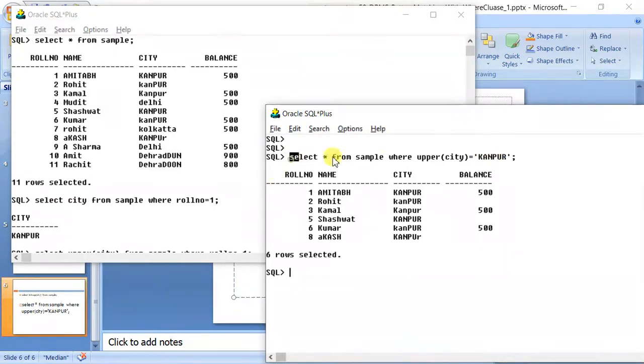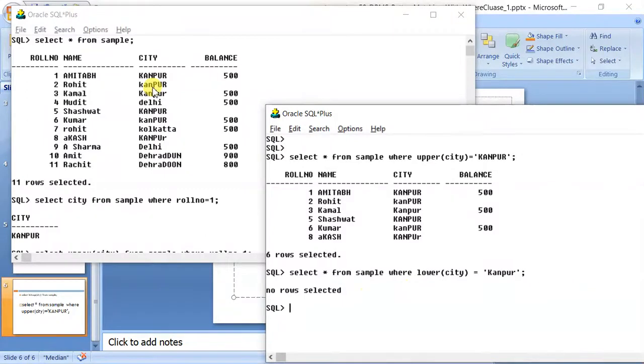For example, if you type something like lower city equals to, and you have by mistake written K as capital and the rest small, what will happen? Not even a single record will be matched, so no rows selected will come.